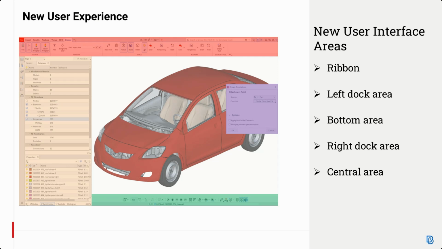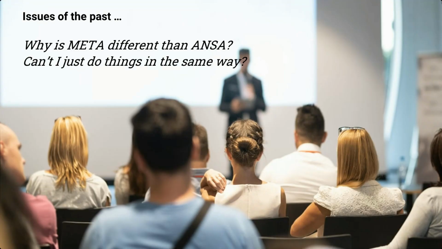In a nutshell, the design principles focus on reducing interference by presenting fewer but context-specific actions and maintaining consistency throughout the software. Temporary contextual tabs provide context-specific options of selected items, minimizing the need for toolbars, menus, and submenus, ensuring that advanced options are accessible without cluttering the interface. But what does this new interface really mean for the user experience? Let's delve into the actual feedback we had until now and the way it has been addressed.